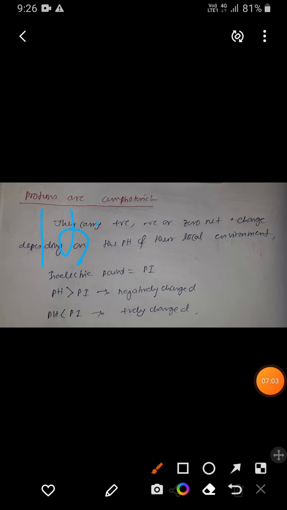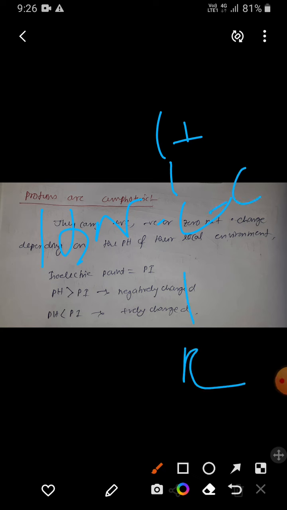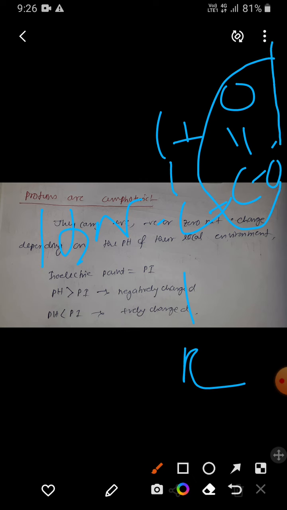This H3N+ will simply donate its hydrogen to convert this OH minus into H2O. So our structure will become CHRCOO minus, because here there is no H to donate, so the entire net charge of the amino acid becomes